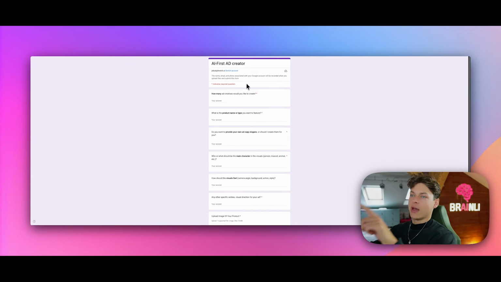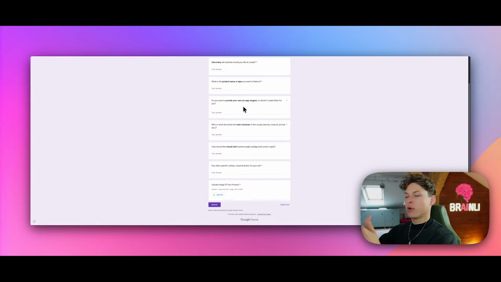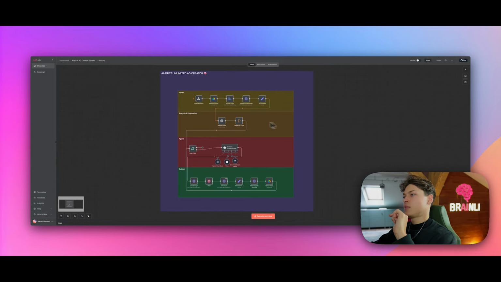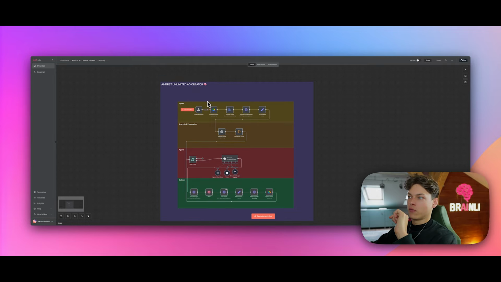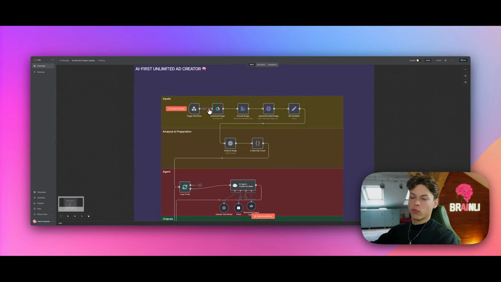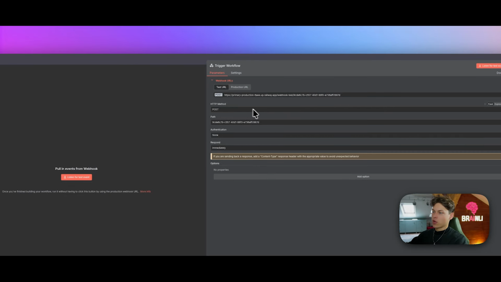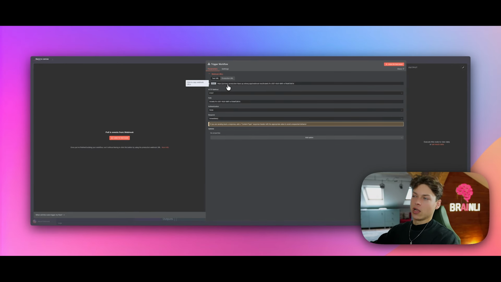We want to do that once user fills in all the question here, once he fills in all the answers, and upon clicking the submit button, it will trigger the N8N workflow here. So let me now for a second go and remove this connection because I don't want the entire workflow to start, but I'm just gonna open that trigger webhook. And now we've got an URL here, which is basically like treated like a street address, pointing to a specific destination on the internet,